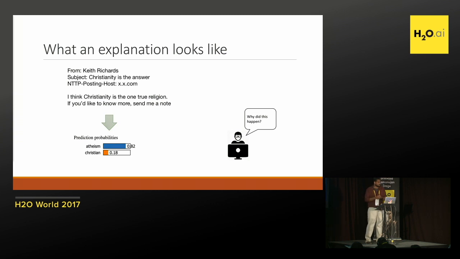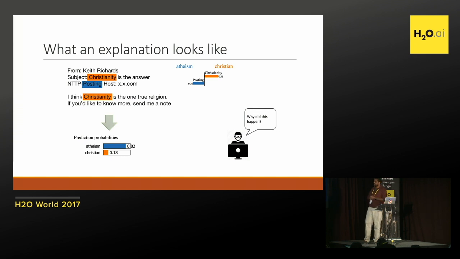So here's what an explanation actually looks like. I gave you this example of this post being tagged atheism. The idea here is that we figure out for each word or for each label which words are most important for the label. Right? So we'll have one column for atheism, one column for Christianity. We look at which is the most important word. Turns out it's Christianity. And it also turns out that the classifier thinks it's most useful for tagging the Usenet post Christianity. So that's great. That's sort of, if somebody's saying Christianity, Christianity, that means they're most likely talking about Christianity. And that sort of makes sense.